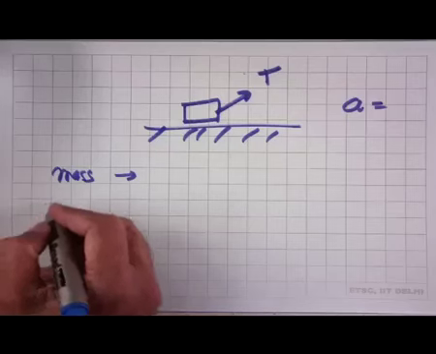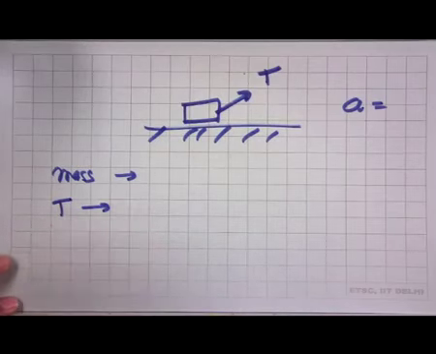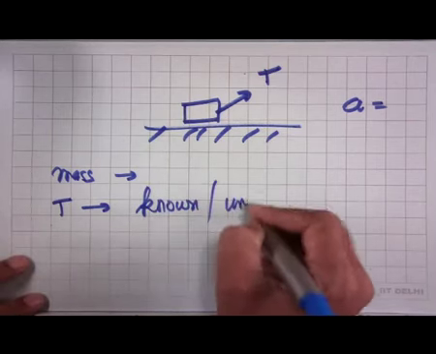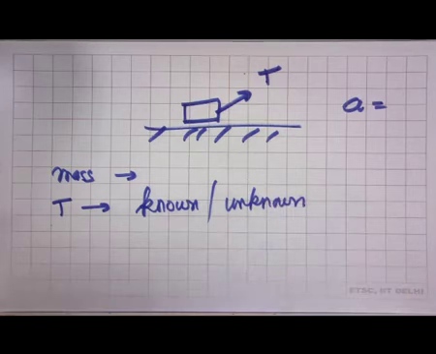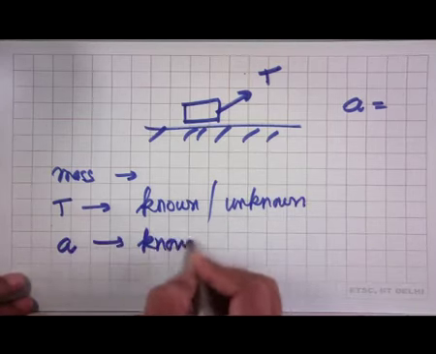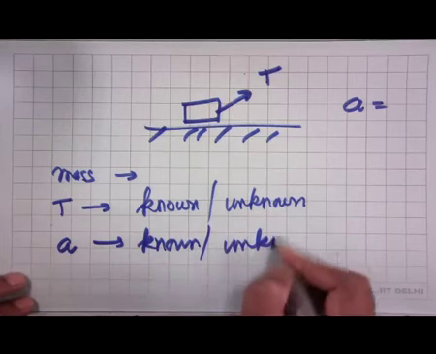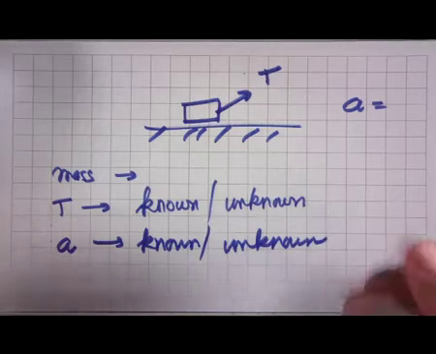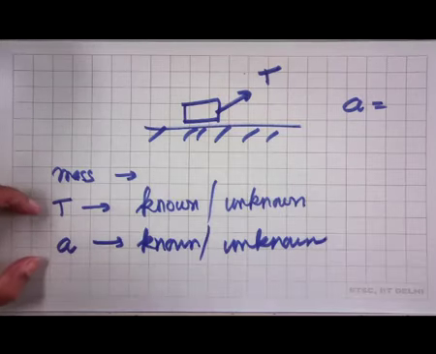The force T which is being applied, either this will be known or this will be an unknown quantity. And similarly, the acceleration would either be given to you or this would be an unknown. Of course, if the problem has to be solvable, both of these cannot be unknown,